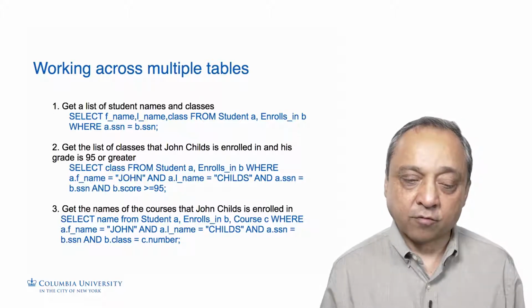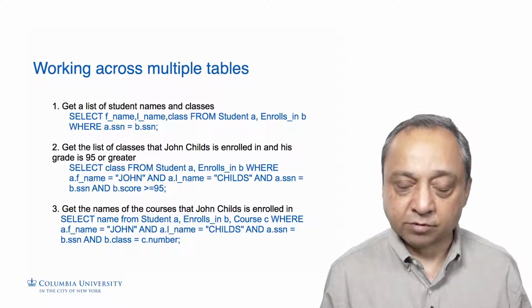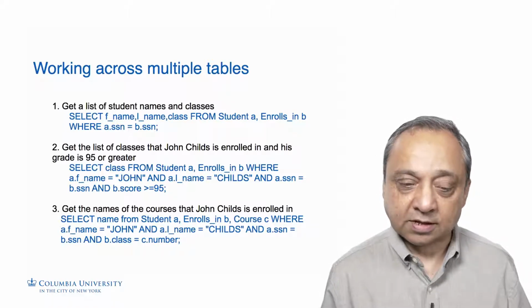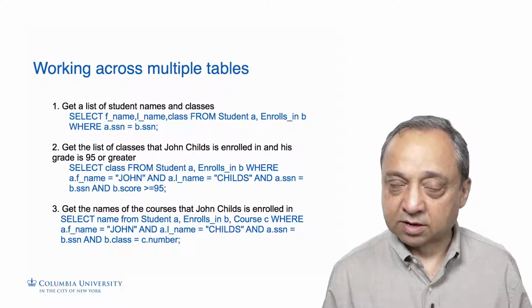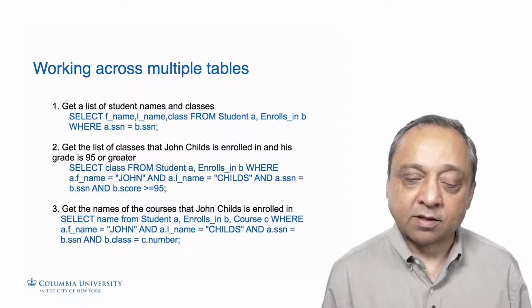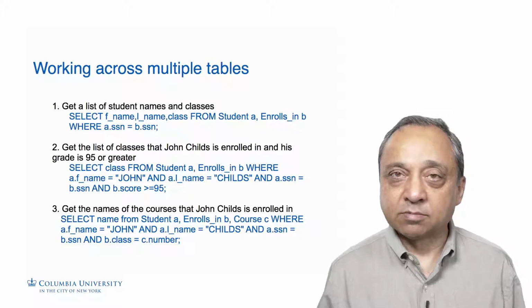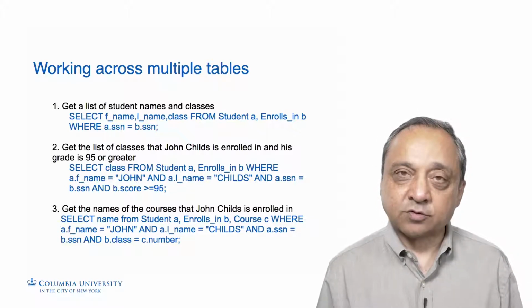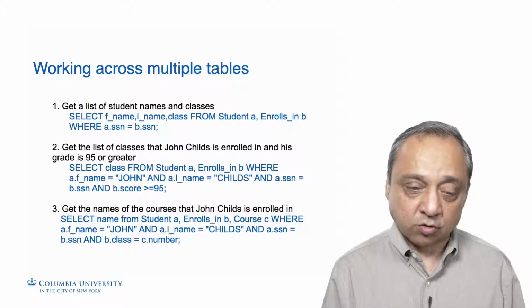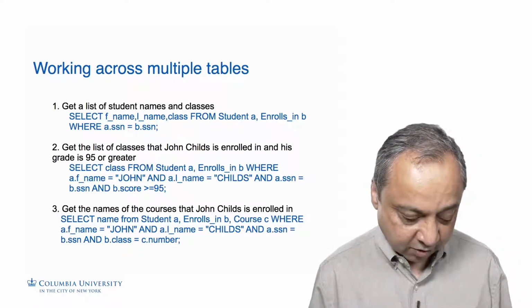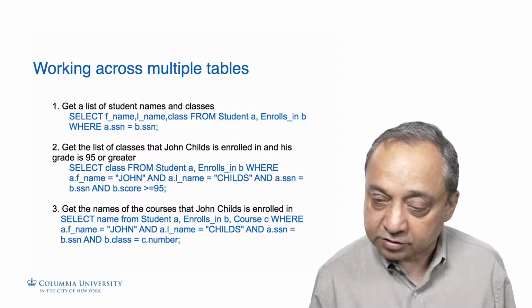We want to know, from every student we have in our database, we've got a bunch of students and a bunch of classes that they're enrolled in, and we want to get the names of the students and the classes that they're enrolled in, like maybe C1, C2, just the class numbers. To do this, we need to go across our database and look at more than one table, because if you look at our database structure here again,